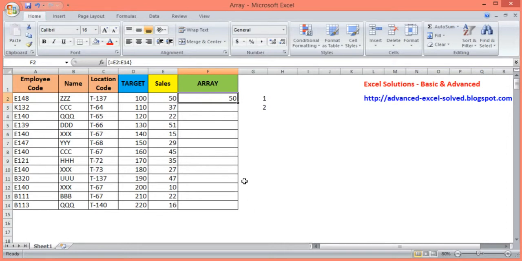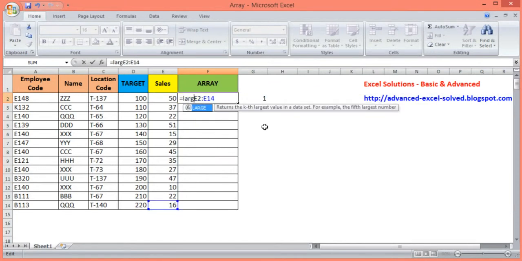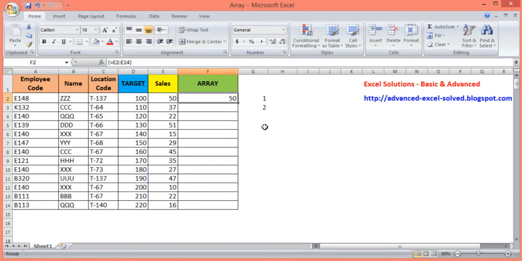Now I will use the LARGE function within this. So I will write LARGE. It is asking for the array. So I will give the array. First write equal to, I need the top two numbers, so I select here 1 and 2, which I have written already, and make it an array.